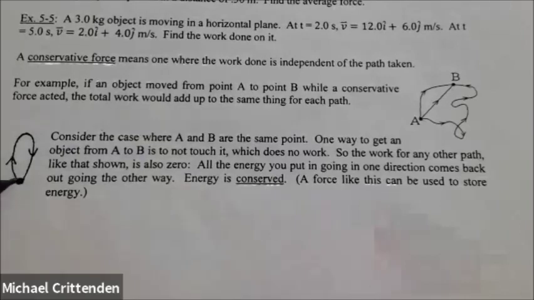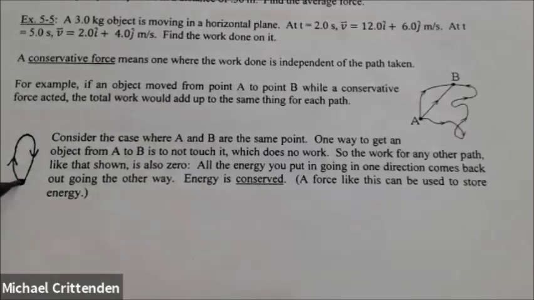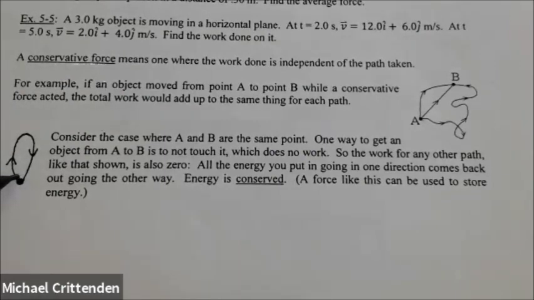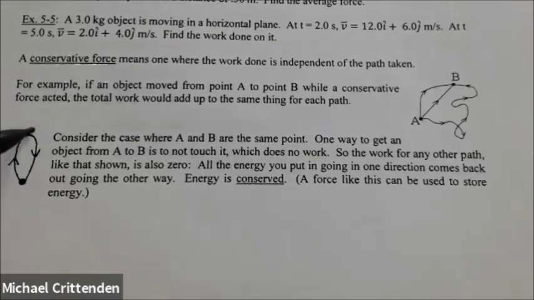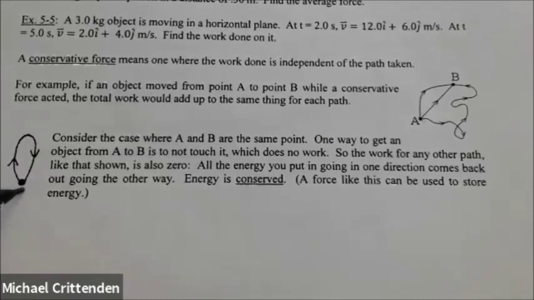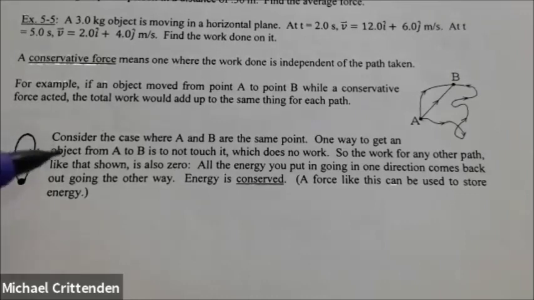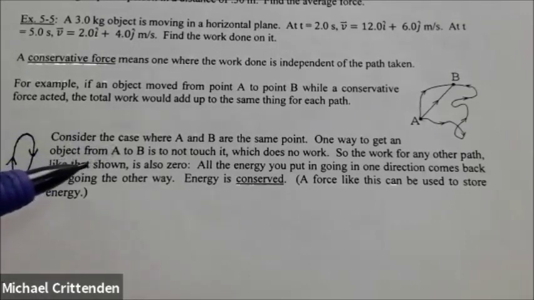So getting from A to B takes zero work that way. And if it's a conservative force, any other way of moving it that ends up back at its starting point is also going to be zero work, which means, for example, in the case of gravity,